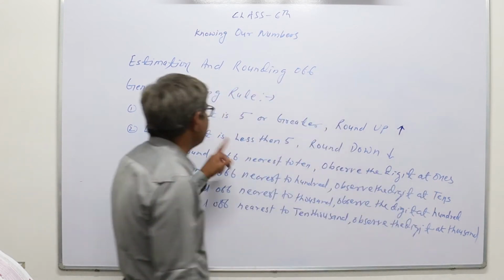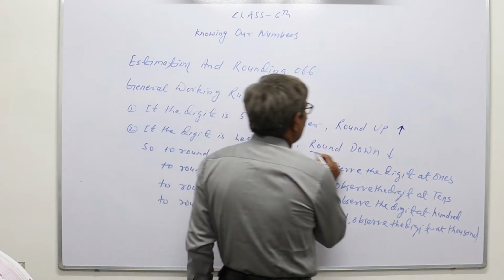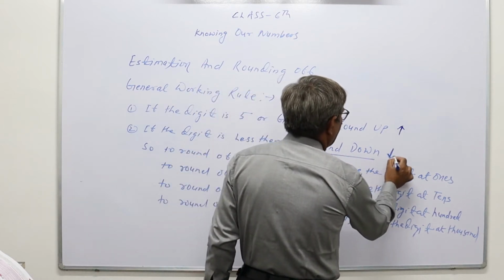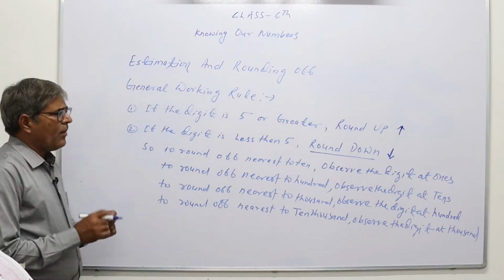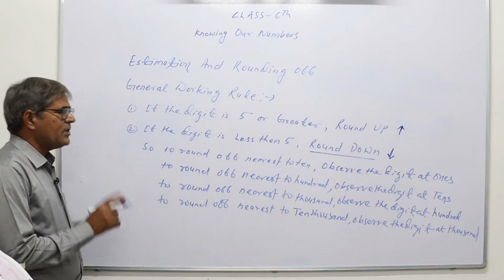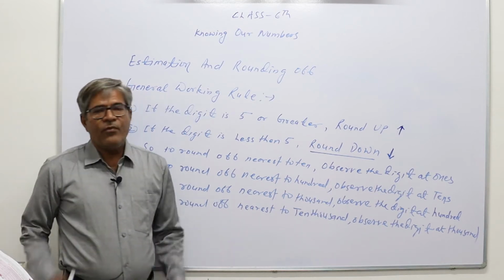And if the digit is less than 5, we will round down. But to round off to the nearest 10, 100, 1000 and 10,000, which digit will